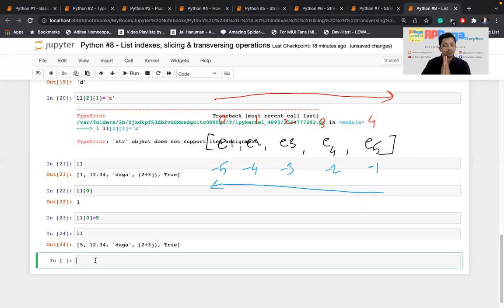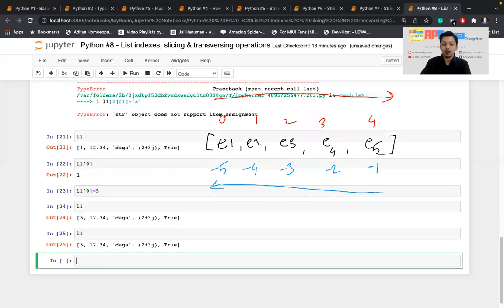The remaining part is the plus operation. I had talked about how the plus operator works on integers differently and strings differently. Let's see how the plus operator works on lists. Now I have the L1 list. I'll create one more list, L2, and I'll write something like APDAGA, then dump box.